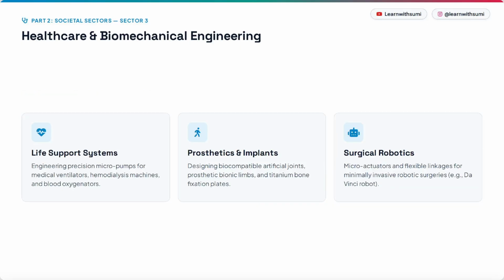Now we have healthcare and biomechanics. Life support equipment, ventilators and dialysis. Ventilators are